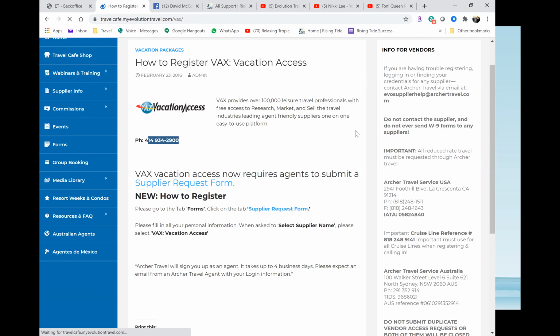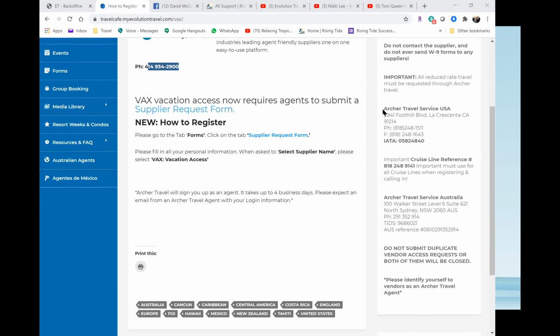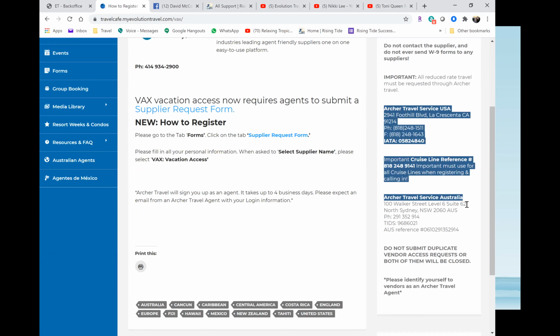Great information. Now, guys, I want to go ahead and pull this up for you. Notice it says info for vendors here. Okay, this is very important information to have, especially from here down to, well, depending if you're in Australia here, but down to here. Okay, so what I would love for you to do is when you log into your Travel Cafe, go to one of your suppliers, find this vendor information, take a screenshot of it with your phone, save that under contacts and make that the contact picture for that contact,